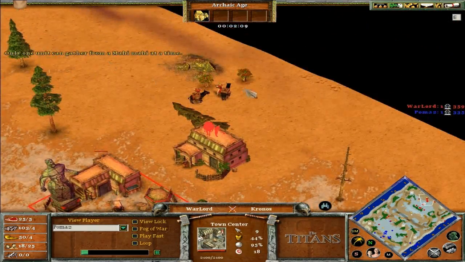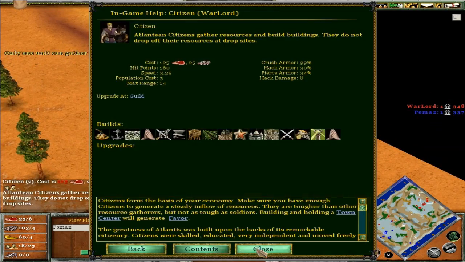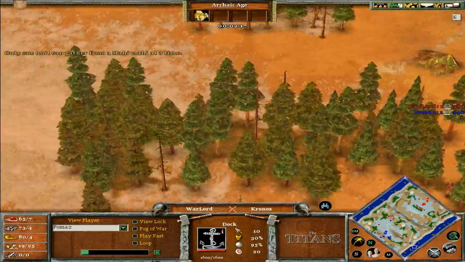So, the enemy is Kronos, and it seems that he has a manor out 2 on... Oh, I thought he had 2 on gold. That would have been a huge surprise. So, good thing he didn't get anything stupid. Now, he didn't get any fishing ships, and that is pretty stupid because...